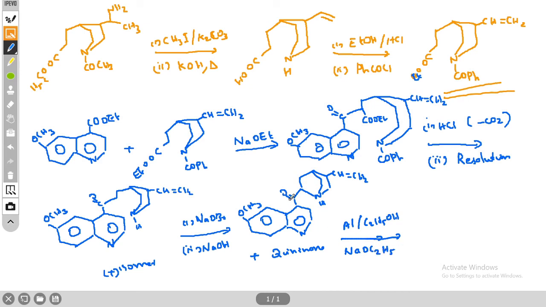So this C=O is reduced using this reagent. This reagent you will be familiar with. Then we have plus or minus quinine. Then after resolution, we have minus quinine, which is the naturally occurring quinine. That's about the structural elucidation of